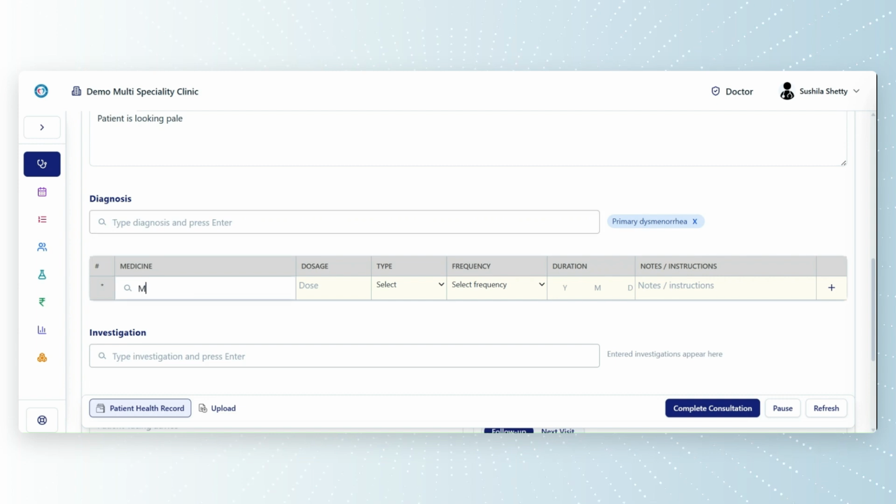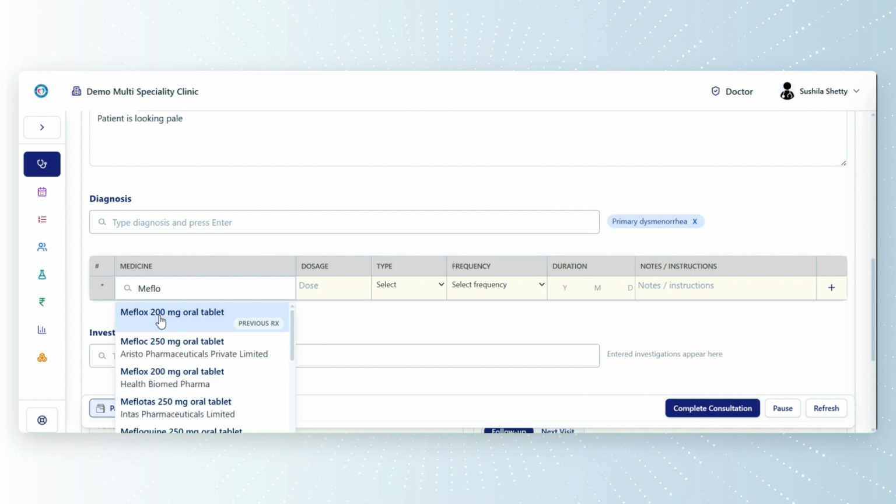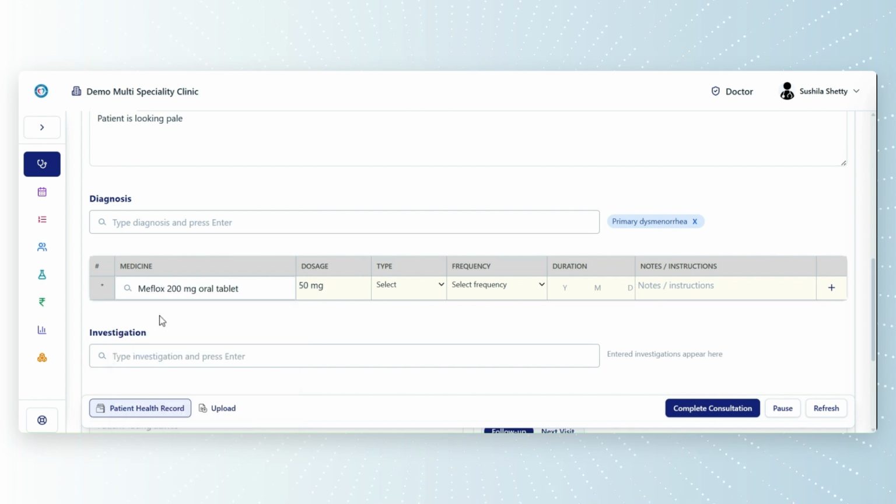Now for medicines, we have integrated the system with the Common Drug Code of India, CDCI, which is a database of 1,63,000 branded drugs which are used in India. So I pick up the drug from my suggestions, and then frequency, then the duration, for how